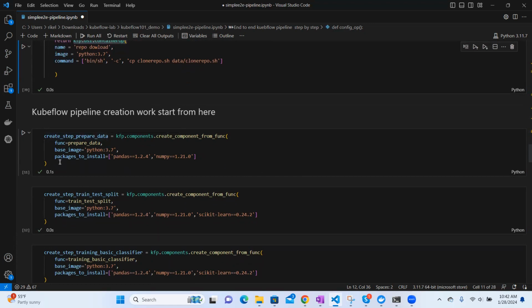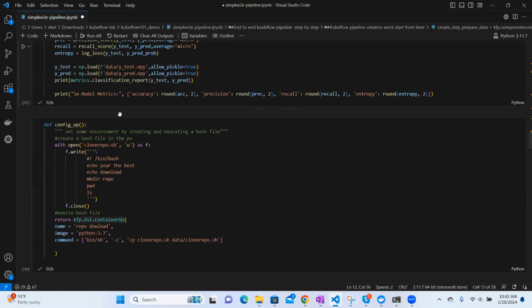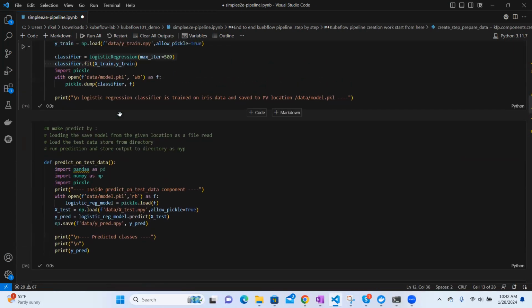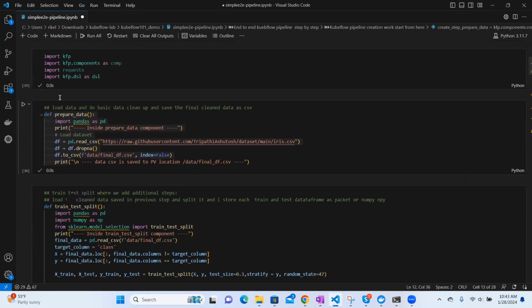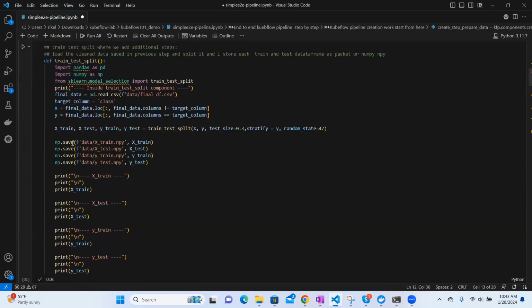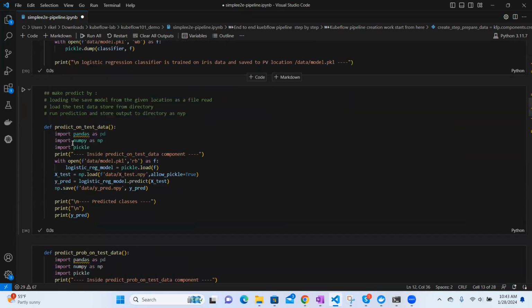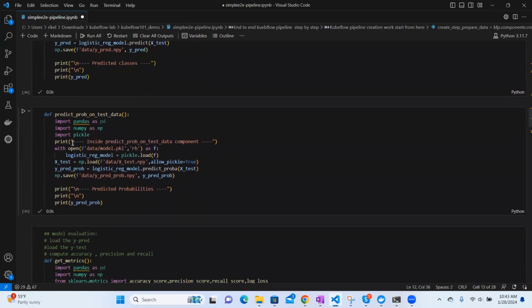Now this is pretty much where I'm converting each of the machine learning functions or steps that we have above into a KubeFlow component. Right? The KFP create component from func. So I'm converting the prepare data function, that first function we have, which is a normal Python function, into a KubeFlow component,